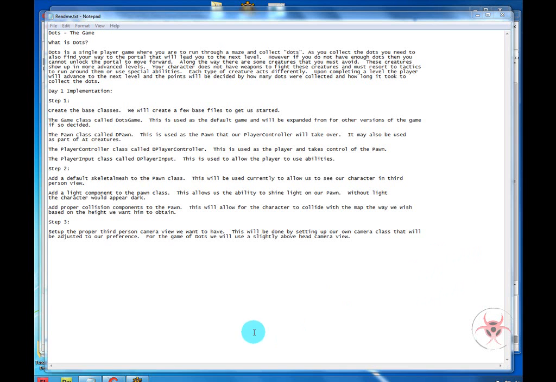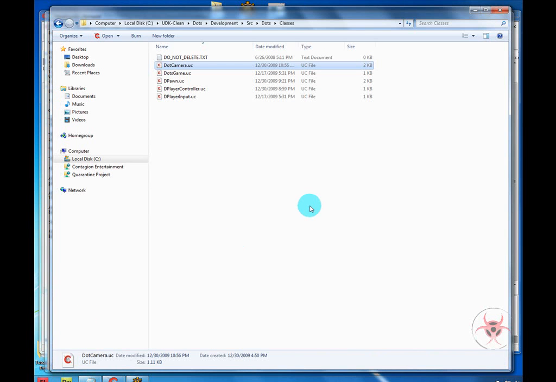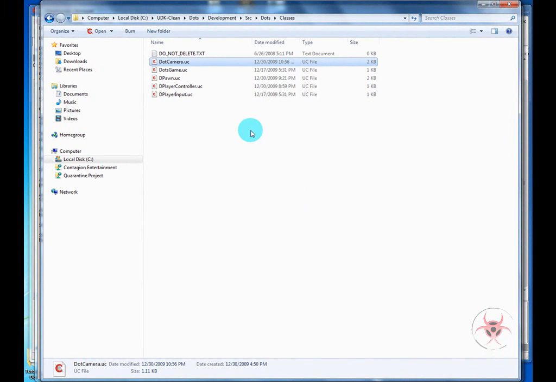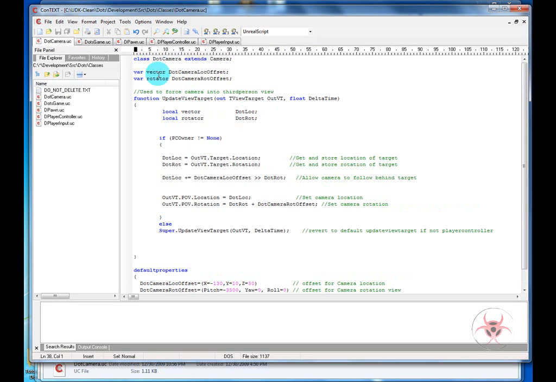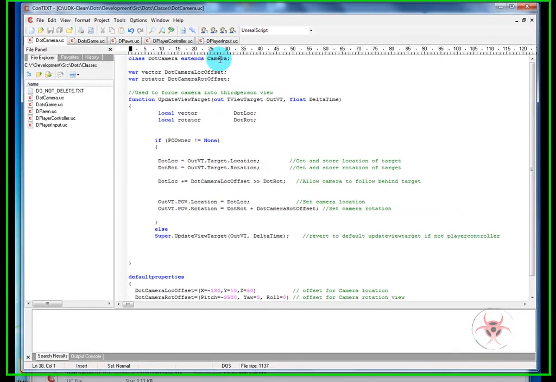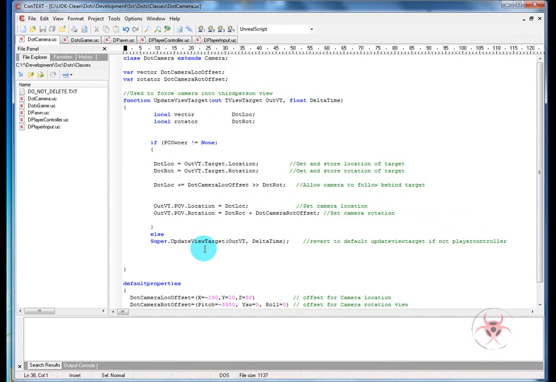So right now, what we'll do is we first need to create a dot camera class, a camera class basically, that will extend from camera. So we will call this one dot camera, and inside of that we will just start off by placing class dot camera extends camera, and go ahead and save that, and make sure you save it as a .uc